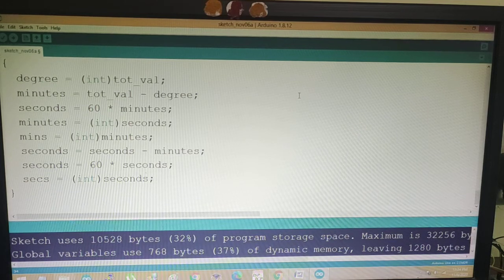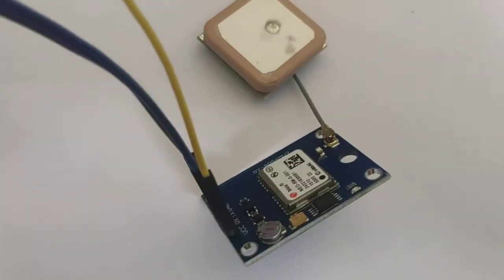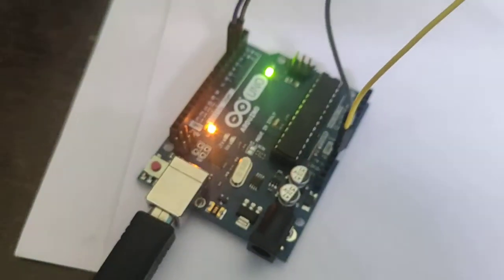So I will show you the hardware connection. The hardware connection is pretty simple. See, this is our Arduino module, and this is the GPS module, and this is Arduino Uno.